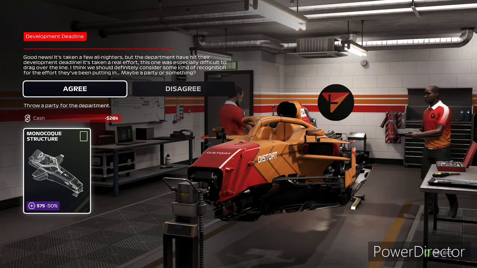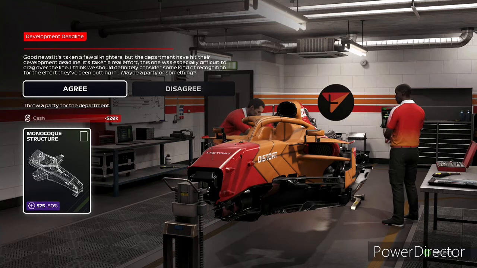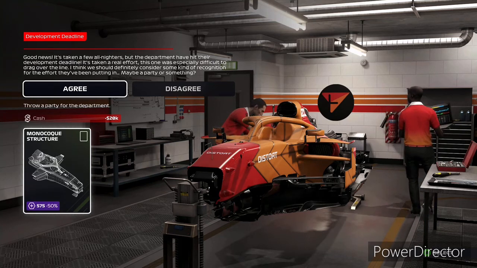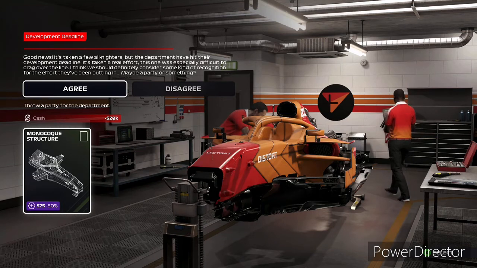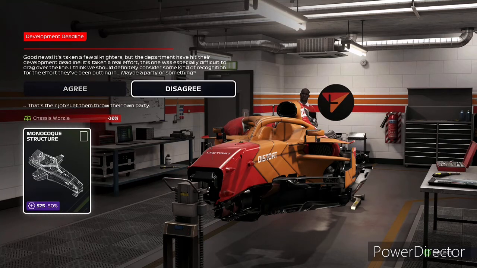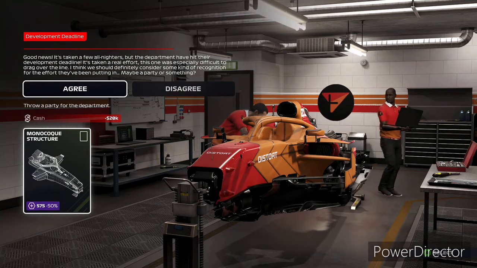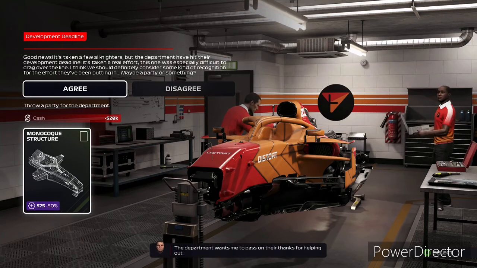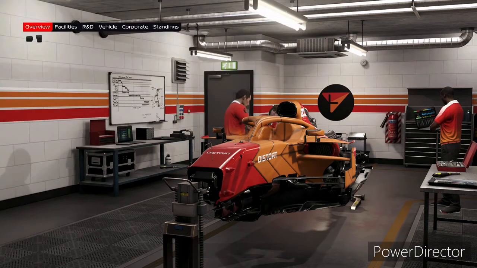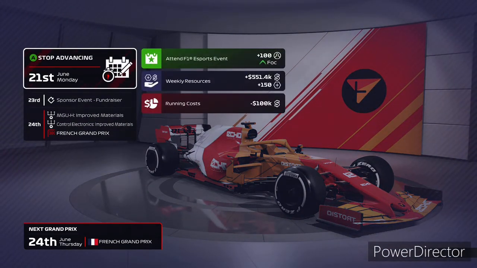So good news. It's taken a few all-nighters, but they reached the deadline and maybe throw a party, and if we agree, we lose 20,000, but we get 50% discount on the monocoque structure. But if we decline it, we lose 10% on the chassis morale, but we still get 50% off. So we're going to select the agree option. The department wants me to pass on their thanks for helping out. So with that chassis department event out of the way, we're going to continue advancing the time